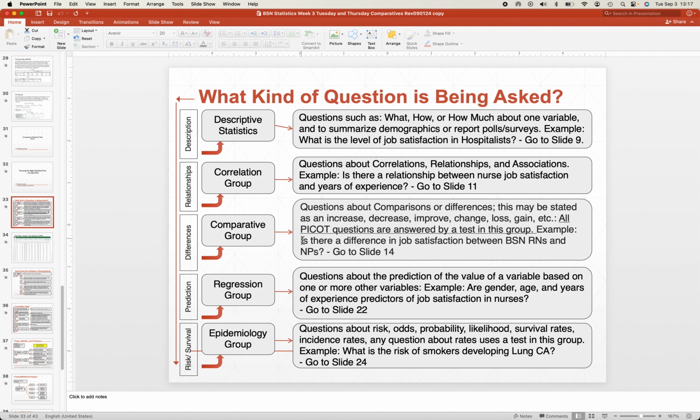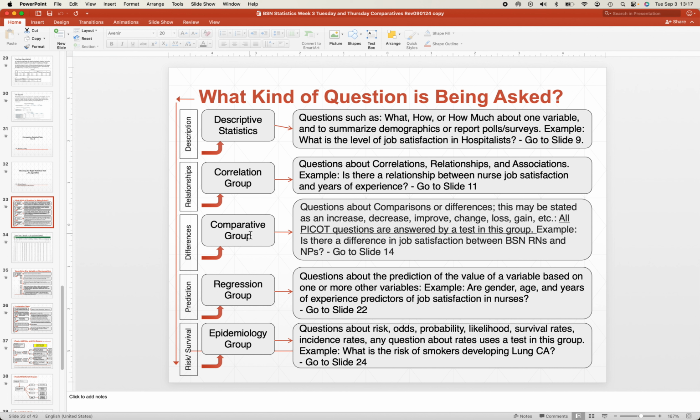But imagine that we're in class, somebody says, hey, I have a research question I want to study, and we say, what's your question? And they start to say, is there a difference in? When they get to the word difference, we can rule out the descriptives, the correlations. We can rule out the regressions because these are about prediction. We don't see the word prediction in here. It's not about a rate. It's not about likelihood, odds, probability, or risk. So it doesn't fit into the epidemiology group. So the question, is there a difference in job satisfaction between BSN RNs and NPs, can only be answered with a